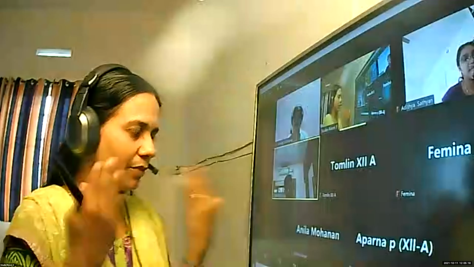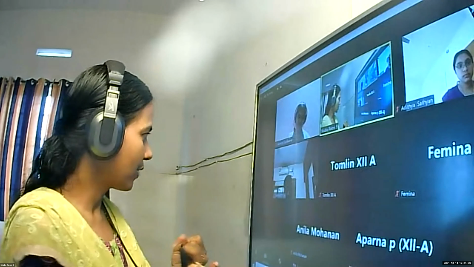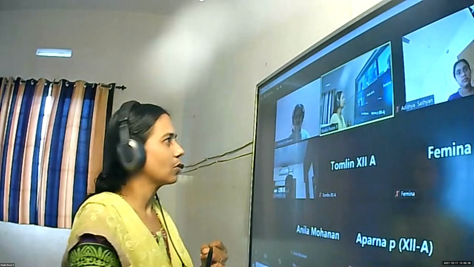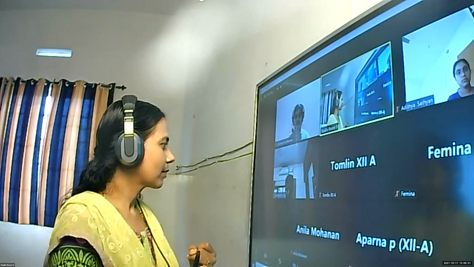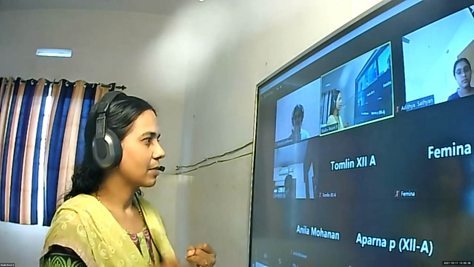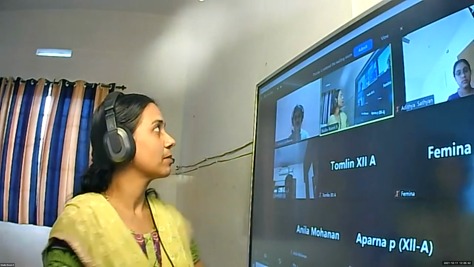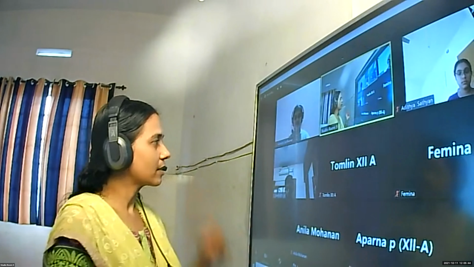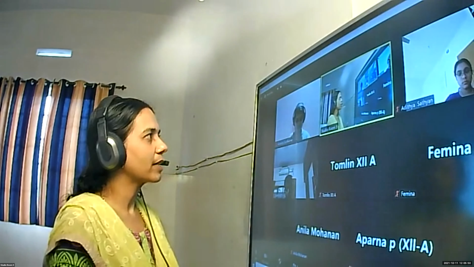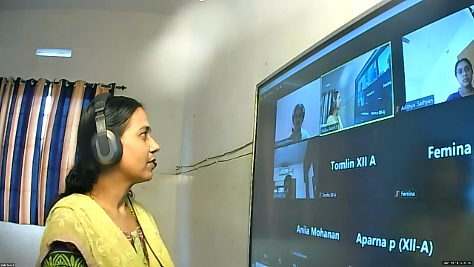This is the second derivative test. Recall the method. If you are thorough with the method, we can easily do it. In the second derivative test, find f dash of x, find f double dash of x. Then equate f dash of x to 0. After finding x, substitute it in f double dash of x. If f double dash of x is negative, it is a point of local maxima. If f double dash of x is greater than 0, positive, it is a point of local minima. This is the second derivative test.